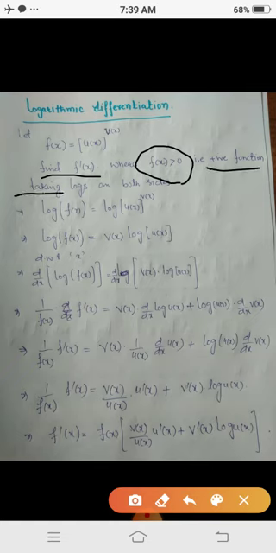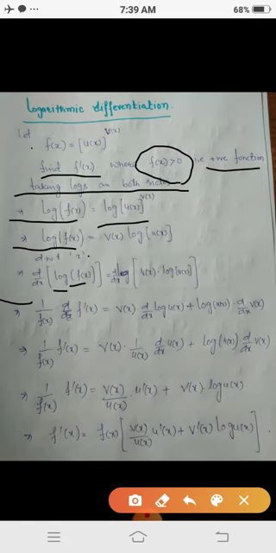Now when we take logs on both sides, because f is positive, meaning log is defined, this implies that log of f of x equals log of u of x raised to power v of x. Here this log is the natural log, meaning its base is e, which implies that log of f of x equals v of x into log of u of x, by considering log of m raised to power n is n log m. Now when we differentiate it, you know that the differentiation of log of x is 1 upon x, which implies that it is 1 upon f of x. Now differentiate this